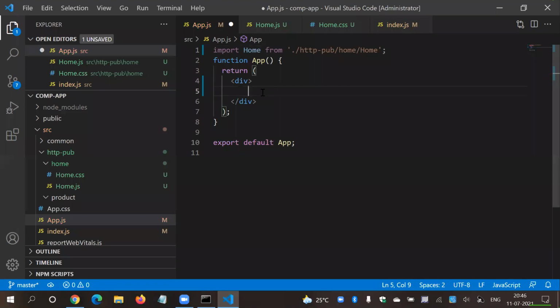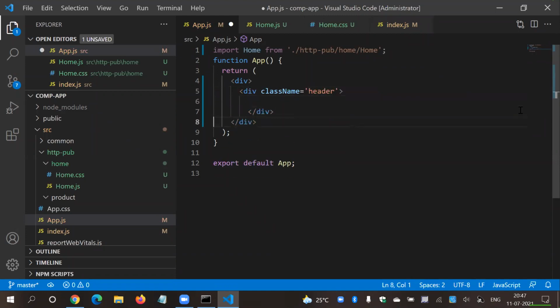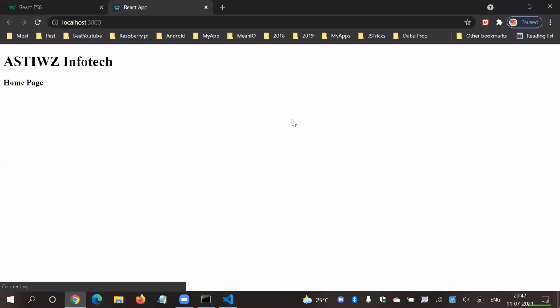So let's say before here, say h1 and give some title. Let me use word as input, sorry. And before that, let me say div className is equal to header as usual. And before that, test tutorial tab. Okay, what happened? Why not like this? Now perfect. So after that, I want that home component. So Home and awesome. So we have header and home page.